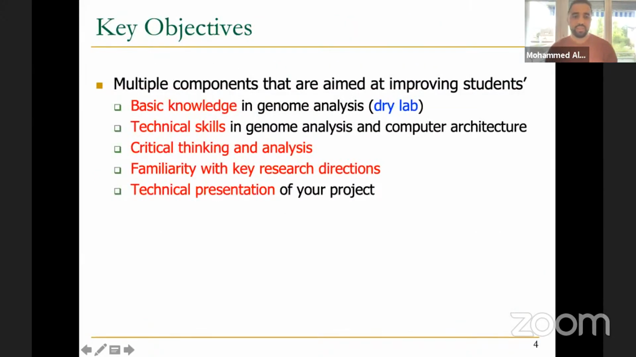So what are the key objectives we have? Basically we target multiple components that aim at improving the student's basic knowledge. As a prerequisite, we don't need you to have any basic knowledge in genomics, for example. So we are going to teach you. We have very great teaching staff who are already attending today. They are going to teach you on different topics about genome analysis and the things you need basically in each of your projects. And that will provide you technical skills in genome analysis, how to do the analysis by yourself,